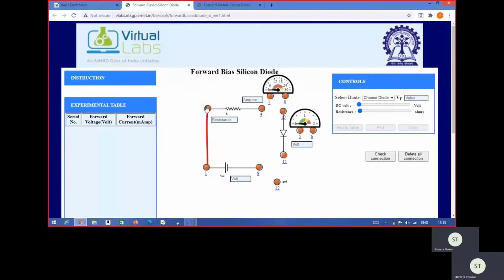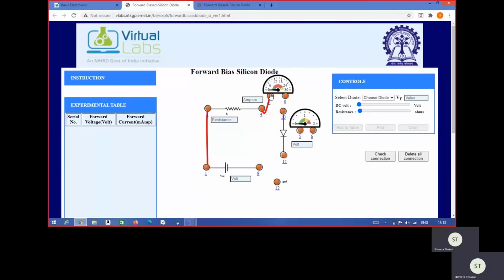So this is the first connection. Then after that, the next connection is this resistor is connected to the milliammeter that is connected in series. So how is the milliammeter connected with this resistor? That is in between 4 and 7 we need to make the connection. So we will make the connection from point 4 to point 7 like this.